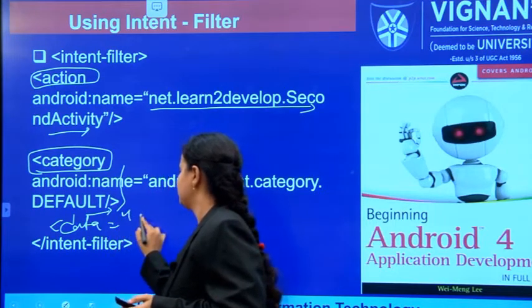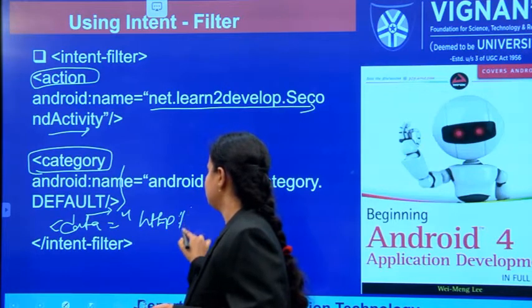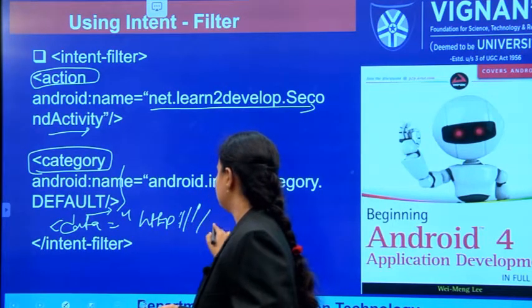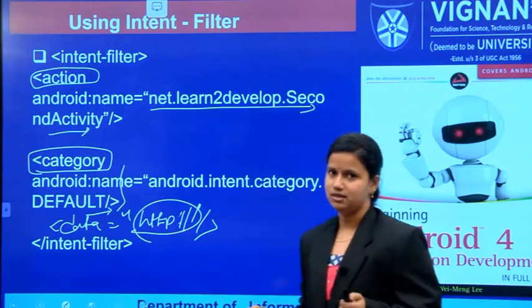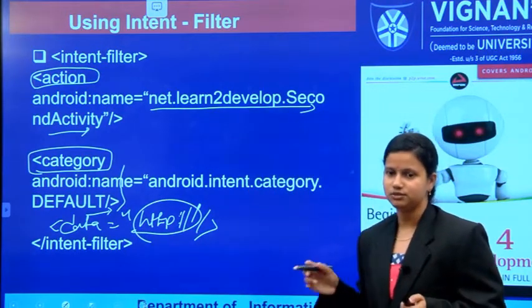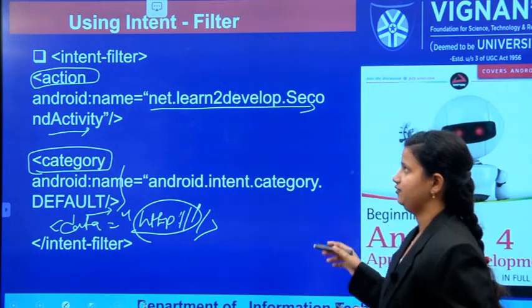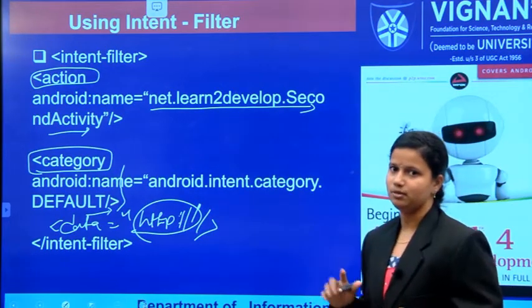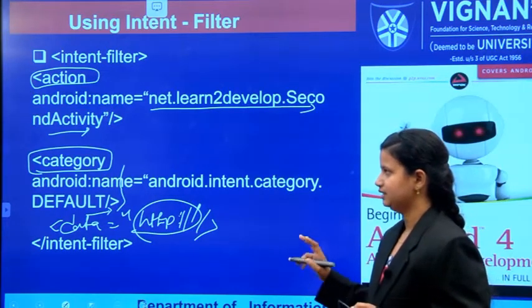The data has a value as HTTP, meaning the data is taken from the URL as HTTP, and from HTTP onwards it will process the data. So these are the three different intent filter tags: first action, second category, and third data.